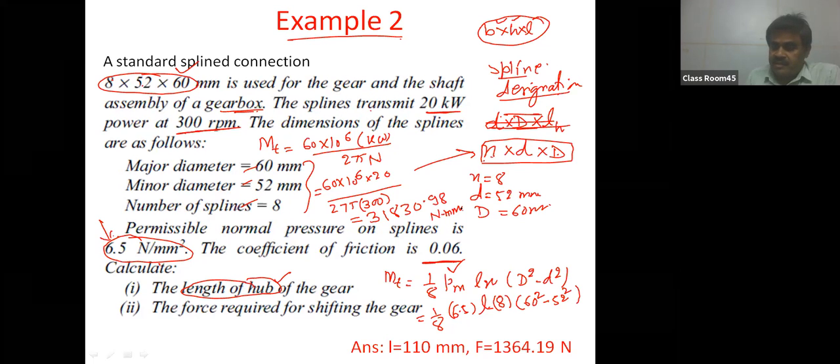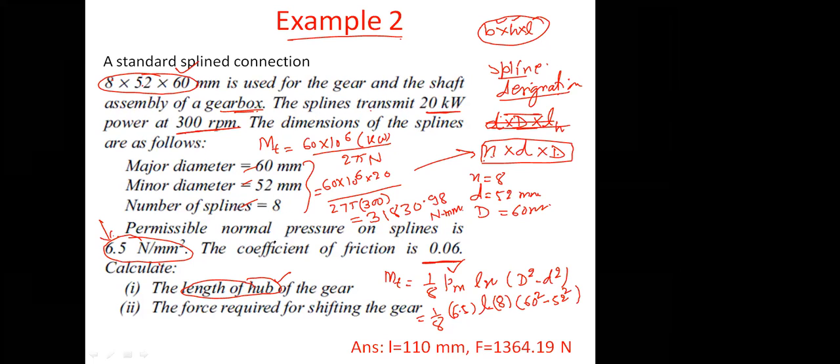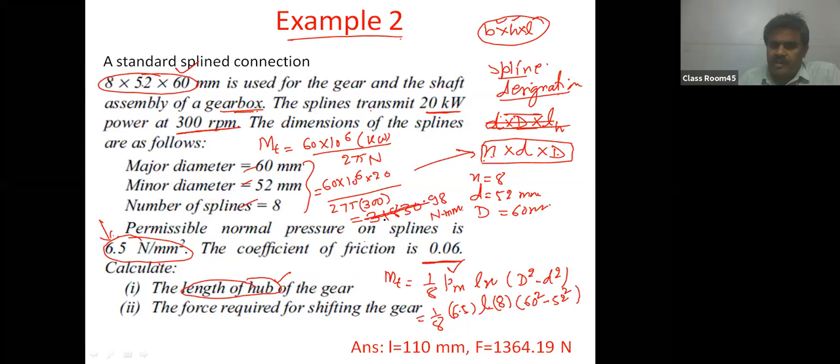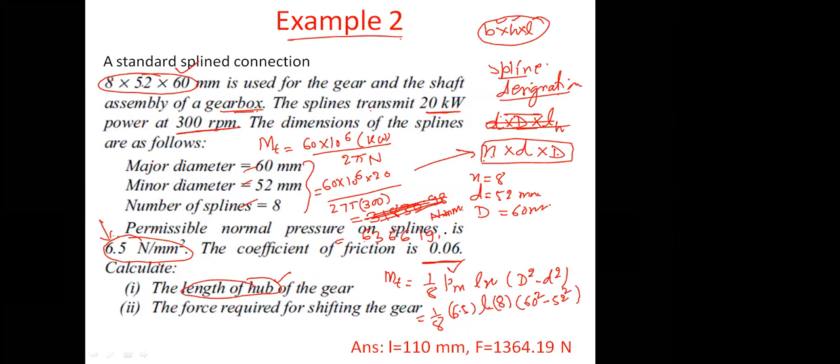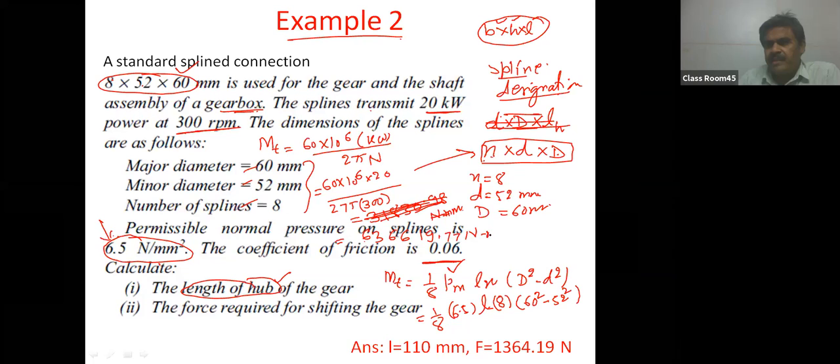60 10 to the power 6 into 20 divided by 600 pi. ये तो मेरा 636619 आ रहा है. Yes sir, वो 20 का मल्टीप्लाई नहीं करा है मैंने लास्ट में, so किलो वाट का। okay, Yes, sir. चलो ये पता लग गया, that is good. तो फाइनल वैल्यू इज 636619.77 न्यूटन मिलीमीटर। ओके, सो टॉर्क कैन बी फाउंड।